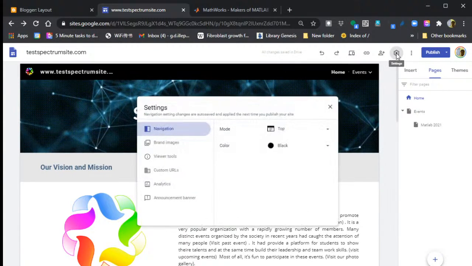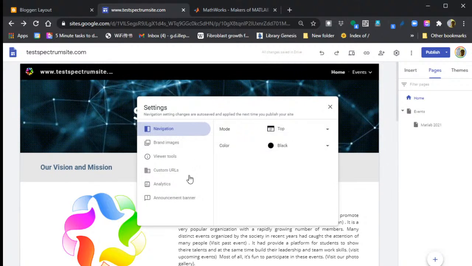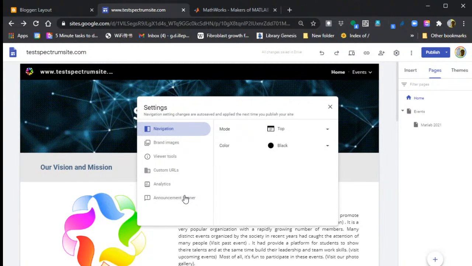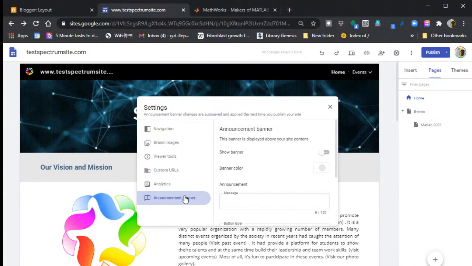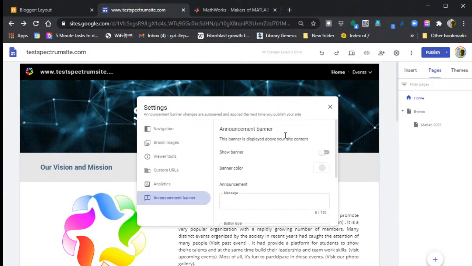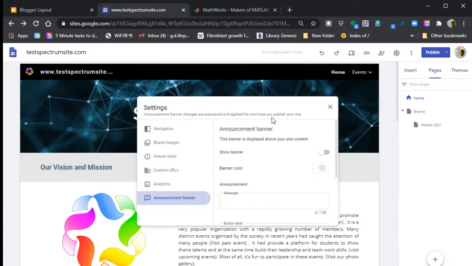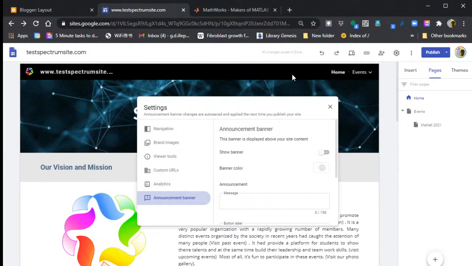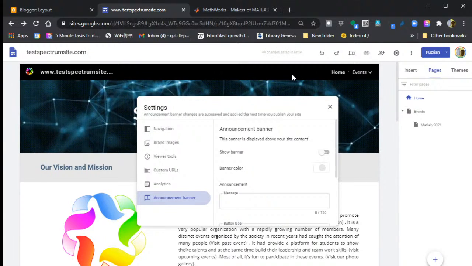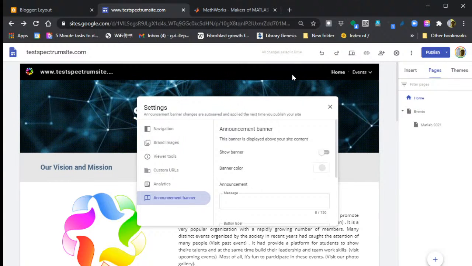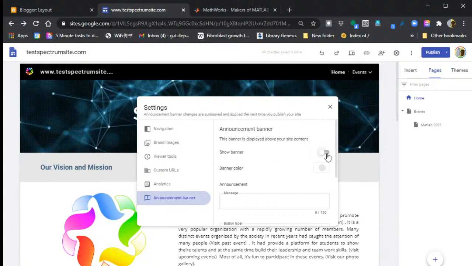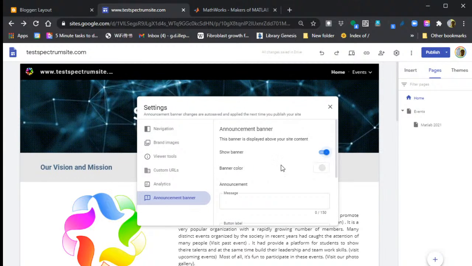We go to settings, and at the bottom of the settings, you'll notice there's something called announcement banner. The announcement banner is something that pops up at the top of your website. Either you can show it on the home page, or you can show it on all the pages. If there's something important, you can show it on all the pages. We show banner,